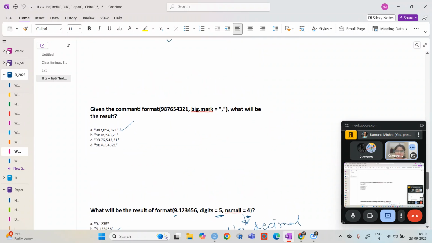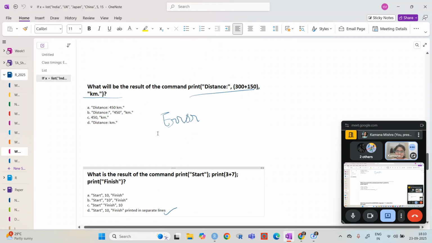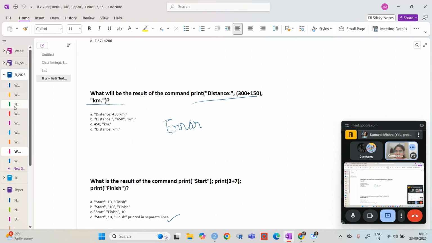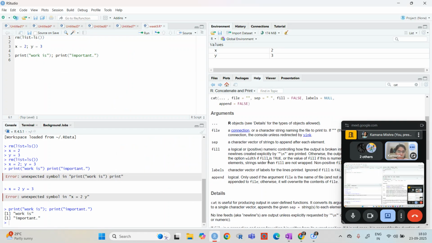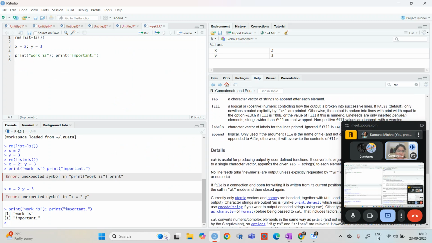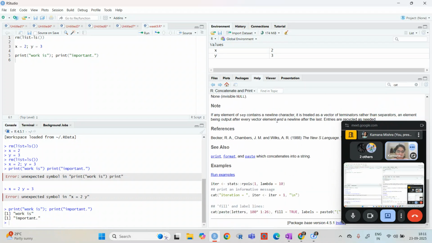Here, let's say you want to separate, so here we have formatted like this, and then the print and all. Now you can see here we can separate it by something. We can fill it by something like slash n, as I said. This is basically to say go to a new line. Then we can have labels. We can append something there.